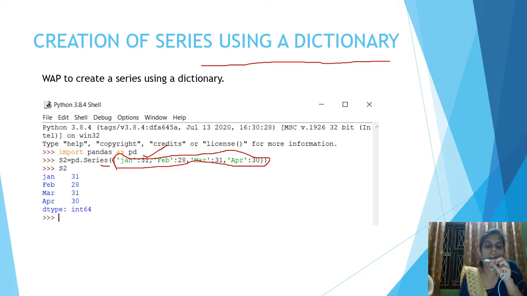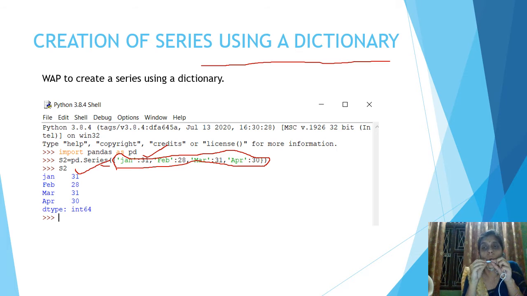Here in the dictionary there are 4 key-value pairs where Jan, Feb, March, April are the keys and 31, 28, 31, 30 is the data. Here the index argument is missing. You can see the keys of the dictionary become the index for the series S2.